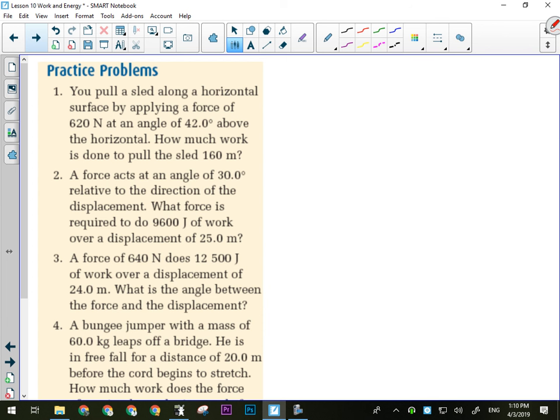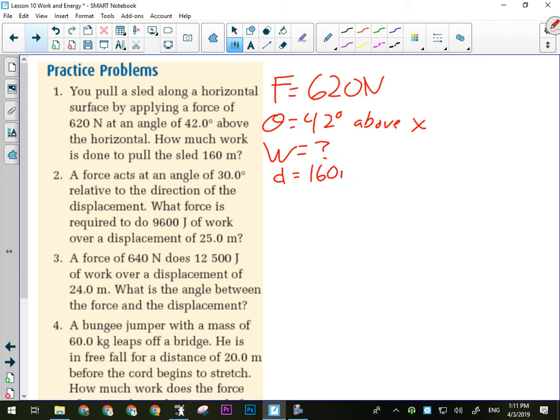So I've got a sled that I'm pulling along a horizontal surface, okay, applying a force of 620 newtons. Right, so my force is 620 newtons, okay, at an angle of 42 degrees, okay, above the x-axis, or above horizontal, they said. I'm just going to write above x, okay. How much work is done if the sled is pulled 160 meters? So I'm looking for work, and I know that the distance is 160 meters. Is this one pretty straightforward? Yeah, I'm just going to plug into the formula, work equals force times the cos of theta, okay, times d,